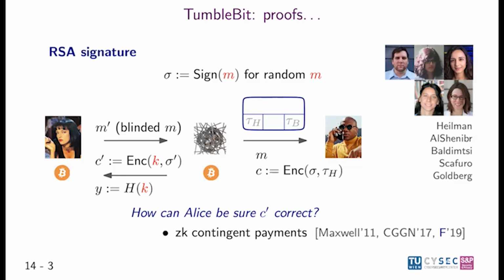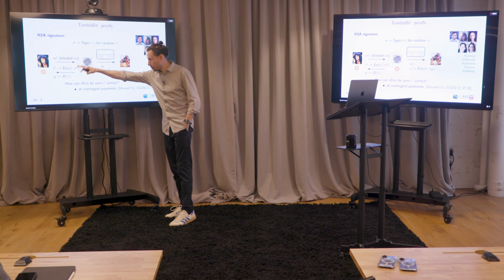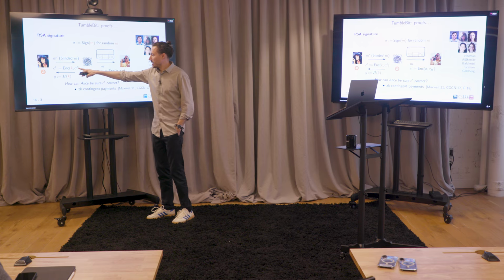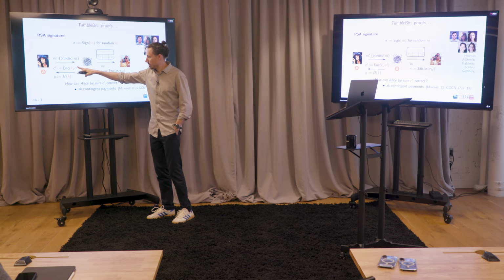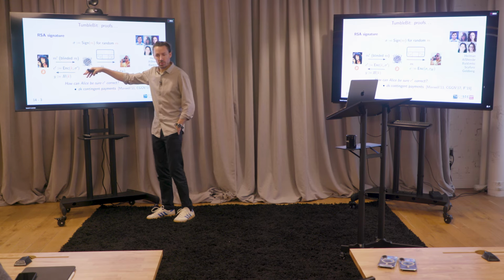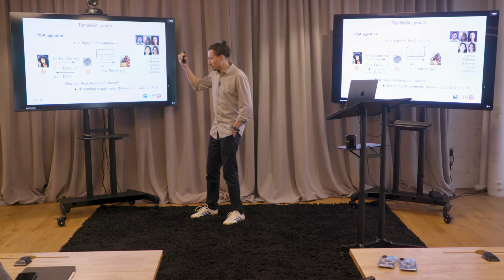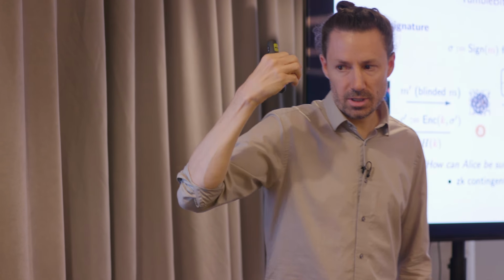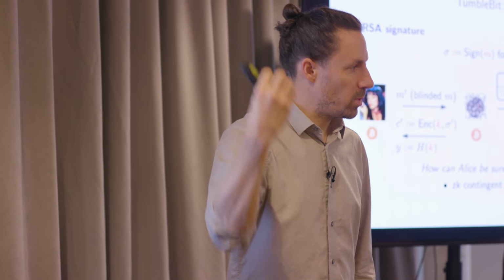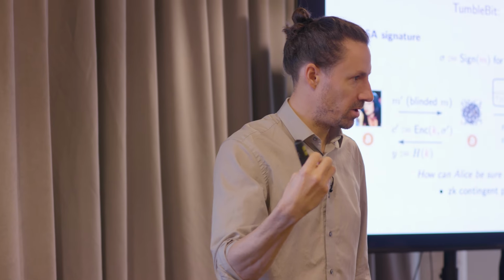Use a zero-knowledge proof, right? And that is exactly the idea of zero-knowledge contingent payments, which is a protocol that uses exactly this idea of adding a proof that these things are well-formed. And since you can prove basically any NP statement here, so that this witness sigma verifies, zero-knowledge contingent payments is a protocol that allows you to buy an NP witness for anything you want for Bitcoin in a fair way.